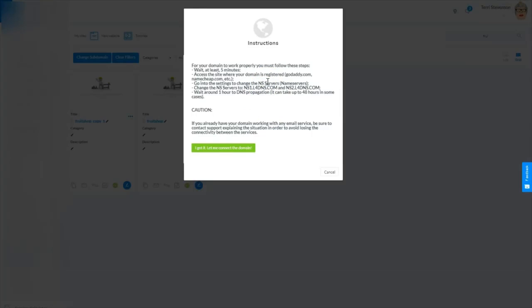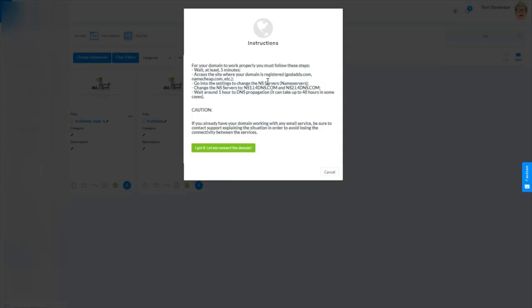You'll have two sets of numbers, and you'll go to wherever you have your account set up for that domain name and insert these numbers in the account to change the instructions for anybody looking for this domain name. It's going to point them here to the website that we've built and are now connecting the domain name to